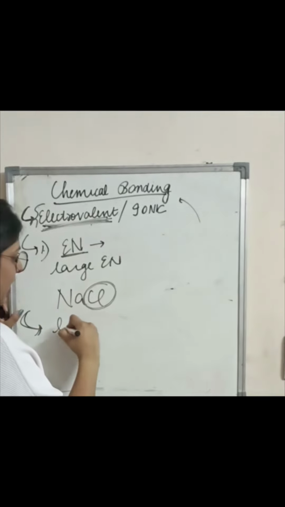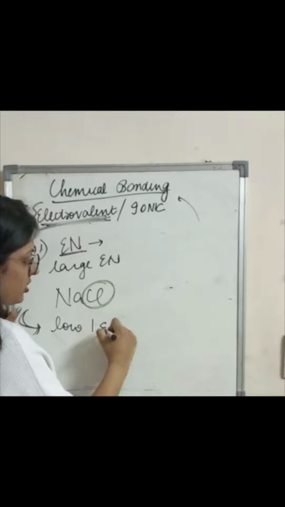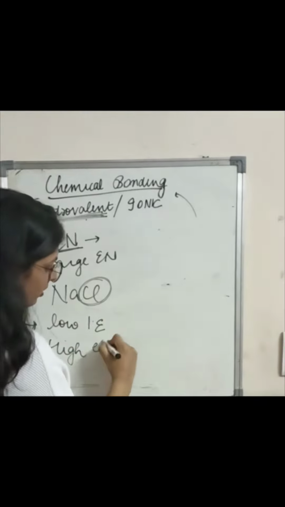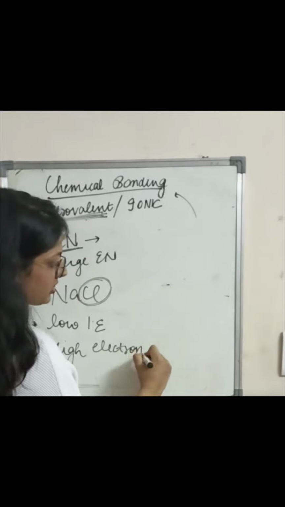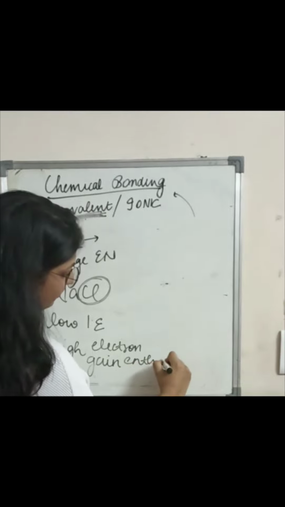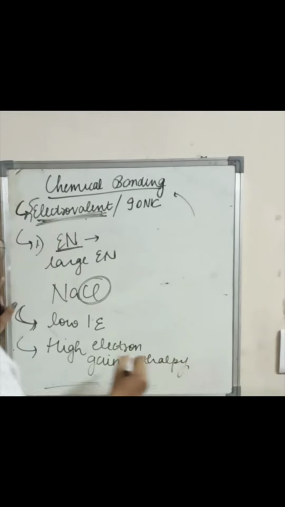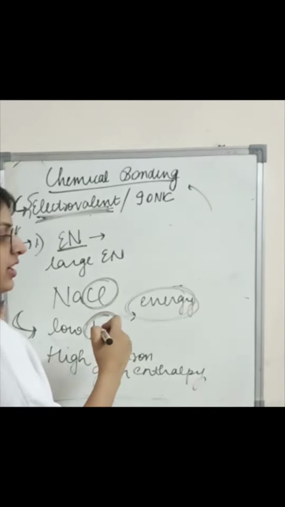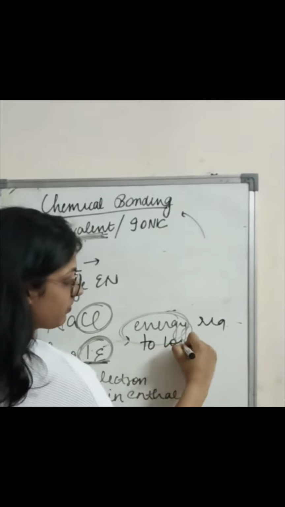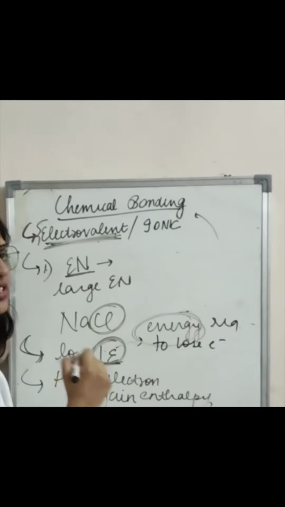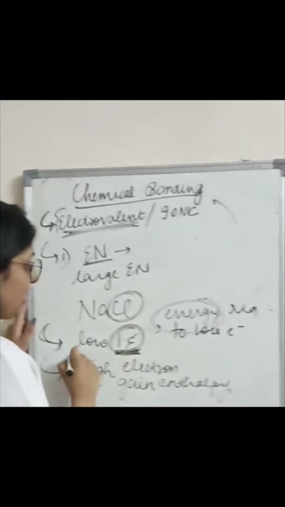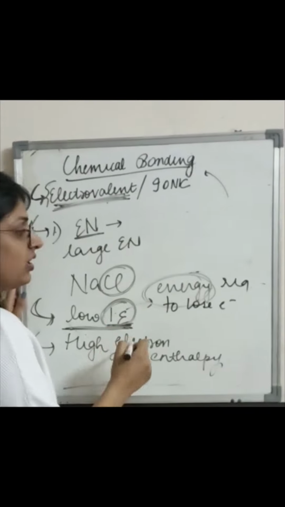Next factor is that low ionization energy and high electron gain enthalpy are preferred. Now we will see what these terms are. What is ionization energy? It is the energy required to lose an electron. The energy required to remove an electron from a gaseous atom is the ionization energy. Now, the lower the ionization energy,